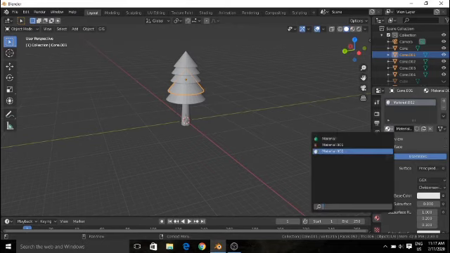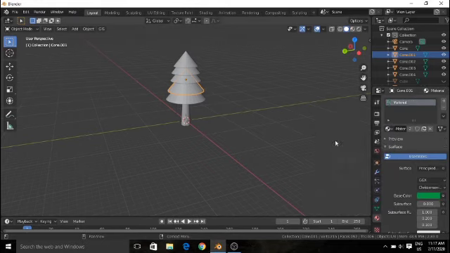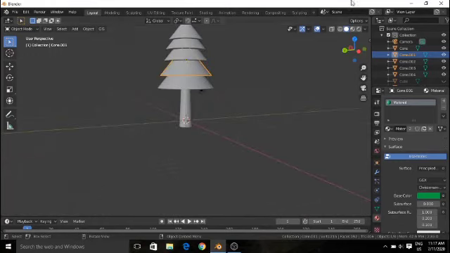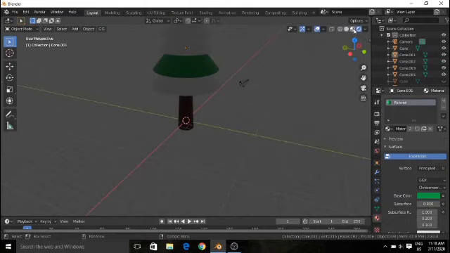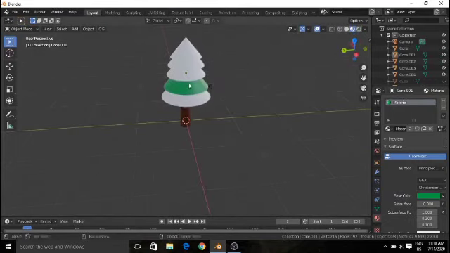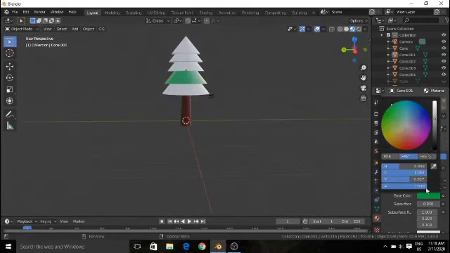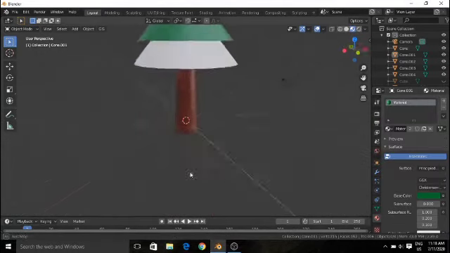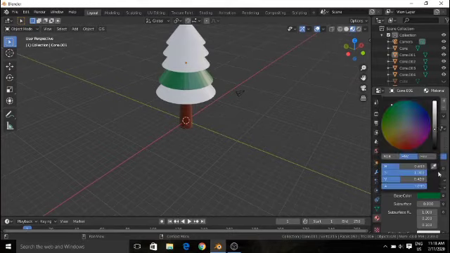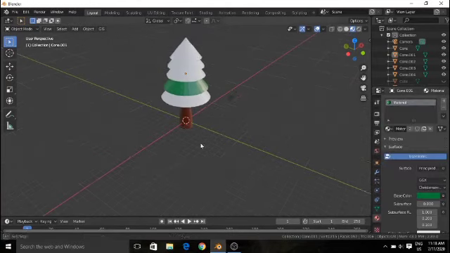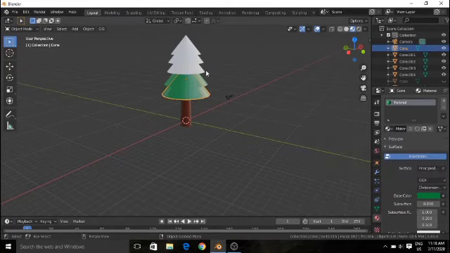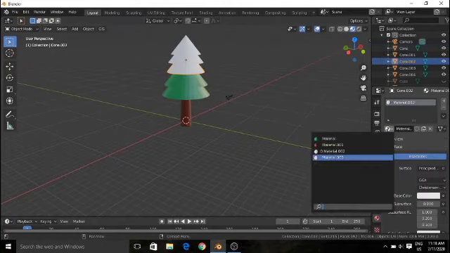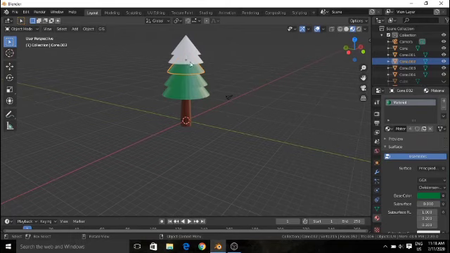I just practiced the pine tree, so I have already done the green color. I will increase the darkness a bit so that it looks better. I will go to the material rendered properties so that I can see the color, and change the color to a darker tone, a bit lighter I think. So I will change it a bit lighter, and you have a green color now. I will select the same color for all the leaves. Now if I select the same color, you can see that